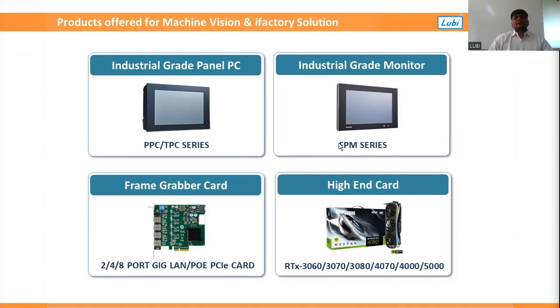Our fanless PC and fan-based PC come with two types of touch screens: one is a resistive touch screen and one is a capacitive touch screen. Other models are industrial grade monitors. We have the FPN series, with 7 inch to 21 inch industrial grade monitors. In this type of vision applications and factory solutions,